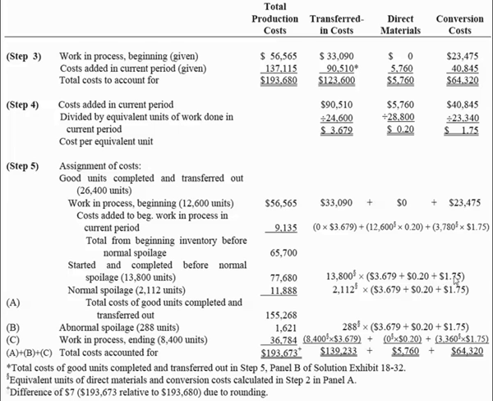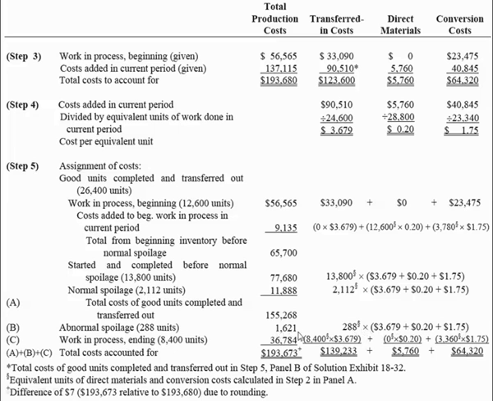Multiply summation of costs per equivalent units for transfer in, direct material and conversion costs, which equals 77,680. Normal spoilage 2,112 units multiply summation of costs per equivalent units, which equals 11,888. Total costs of good units completed and transferred out 155,268. Then we need to assign costs to abnormal spoilage, 288 units multiply total costs per equivalent units, which equals